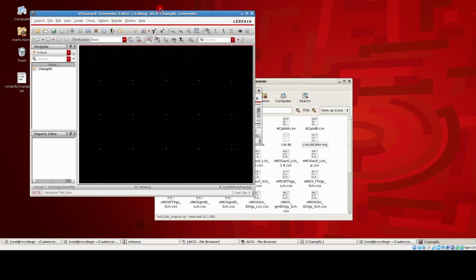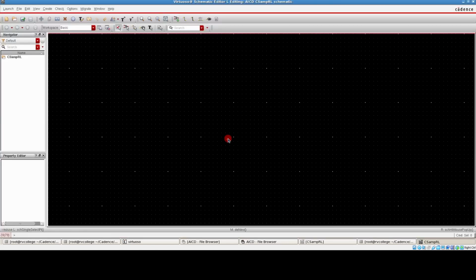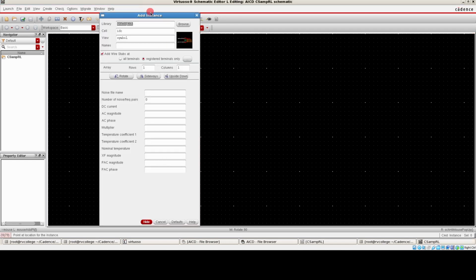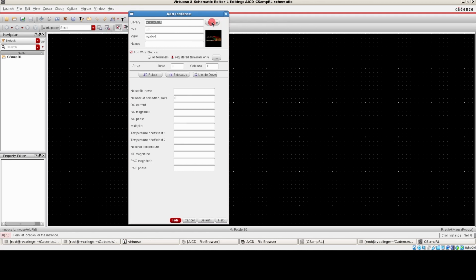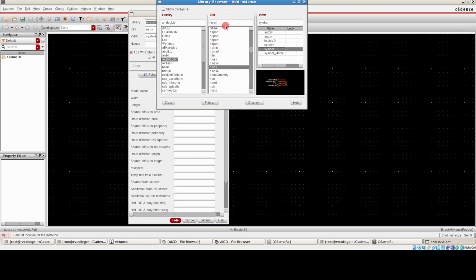Click OK, and this brings up the schematic editor, and inside the schematic editor we'll try to get some of the components. We are going to get these components from the analog library, the NMOS as well as the PMOS transistors if required. What we do next is click on this add instance menu, go to the browse button, and select the NMOS transistor, which is already available in our analog library, and just enable this NMOS 4 option and then click close.